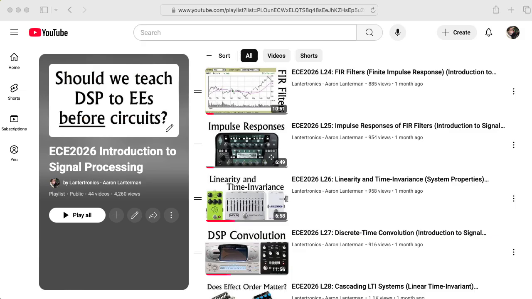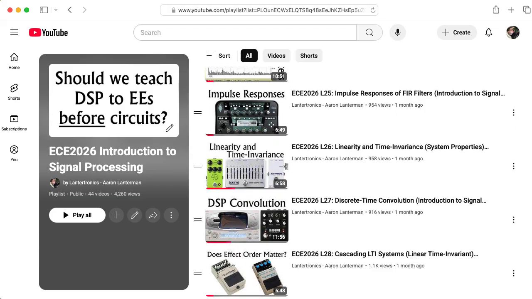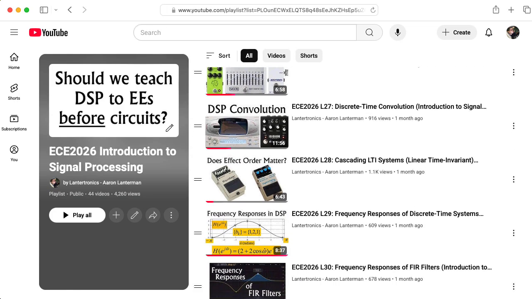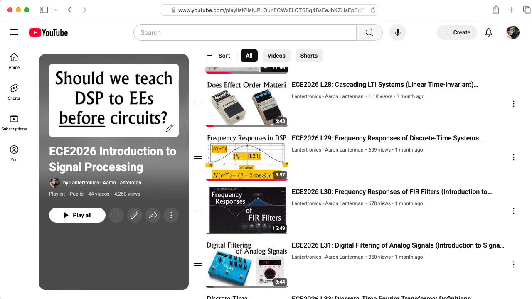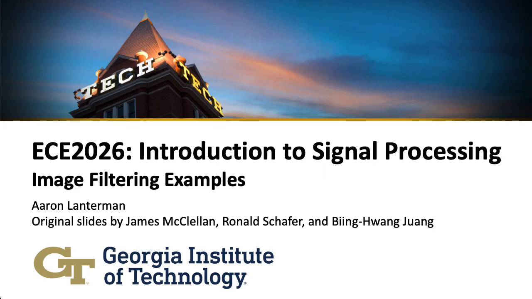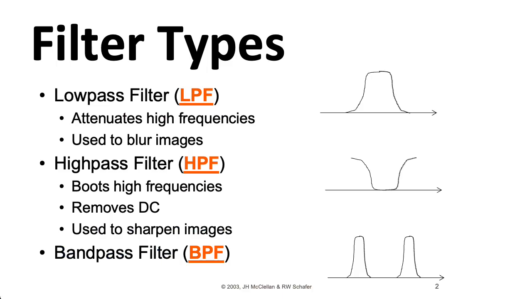Before closing out this series of videos for ECE2026, Introduction to Signal Processing, focusing on finite impulse response filters, I wanted to take a look at some examples of filters applied to images. We generally characterize filters as having low-pass, high-pass, or bandpass characteristics. In the context of image processing, low-pass filters blur images, whereas high-pass filters detect edges, and are often used in